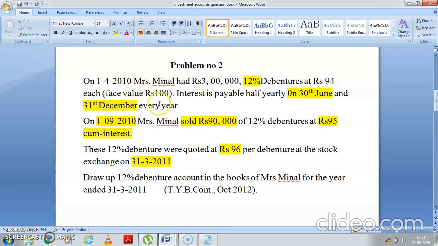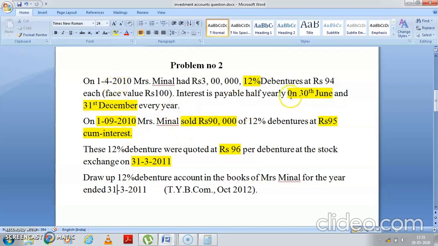See again, 31 मार्च था, again I am repeating, दिसंबर में लास्ट मिला था, तो जनवरी, फरवरी, मार्च, 3 महीने का इंटरेस्ट पेंडिंग था, which we have calculated and written. Now see, after that, on 1st September 2010, Meena sold the investment. Now September से पहले क्या आएगा? What is going to come? June. Am I correct? मार्च के बाद डायरेक्टली आप अपना ट्रांजेक्शन सितंबर के महीने में कर रहे हैं, बट अप्रैल